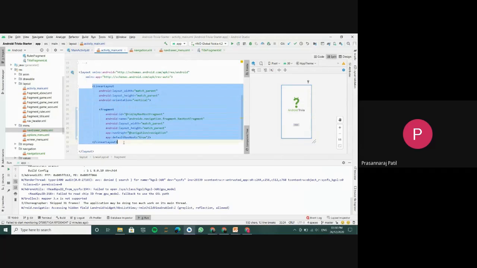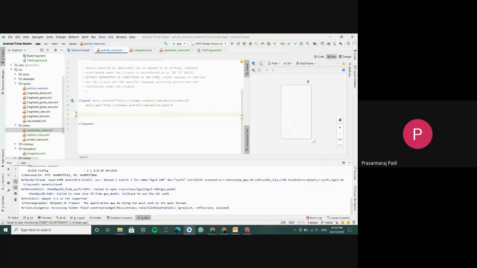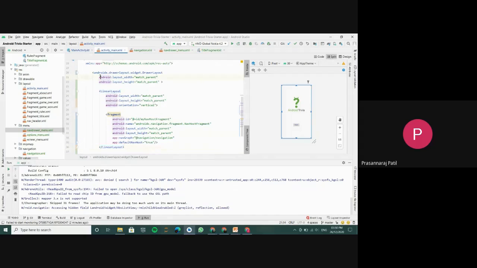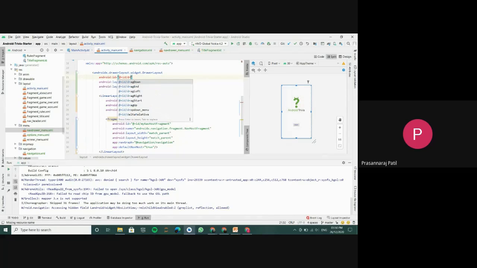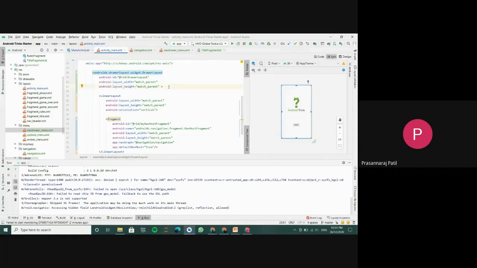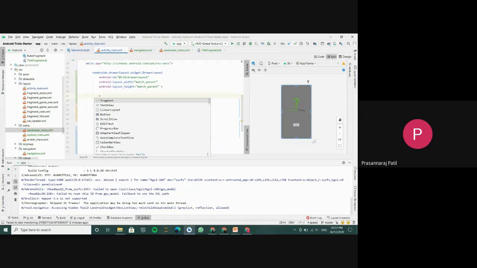What we will do is drawer layout, match parent, paste, and we will add an ID also. ID: drawer layout. We have added that. After that, inside the drawer layout, before the linear layout, we have to add a